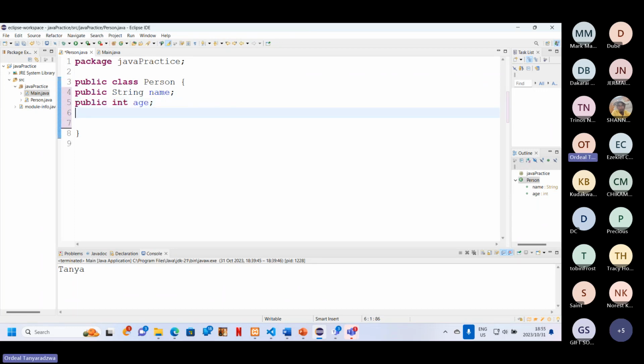Now we're going to create a constructor. Okay, so now